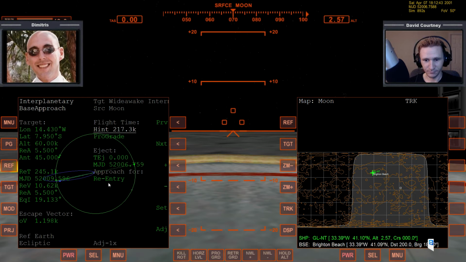So we can either use that, or we can go to the next one, which will probably maybe also be the minimum delta V solution. Yeah, let's go forward a little bit more so we can have a lower delta V cost, just because I think, typically in orbiter, that's usually the goal, is to minimize fuel costs. And